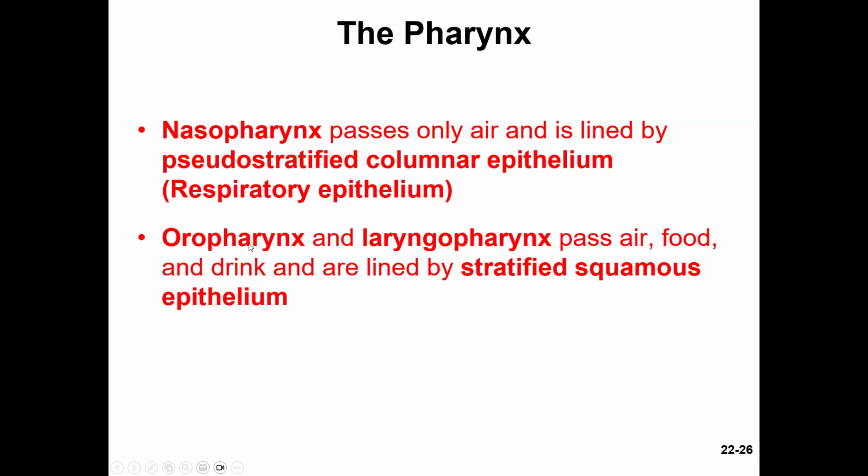It changes because in the oral and the laryngopharynx, you might be introducing food, food that's spicy, food that's really hot. You can be drinking hot coffee. So all this can cause damage unless you have a certain cell type. The cell type that I've mentioned way back in the first couple lectures, the cell type that's protective: stratified squamous. So it makes sense that the oropharynx contains stratified squamous cells because that's where we're introducing food from your mouth